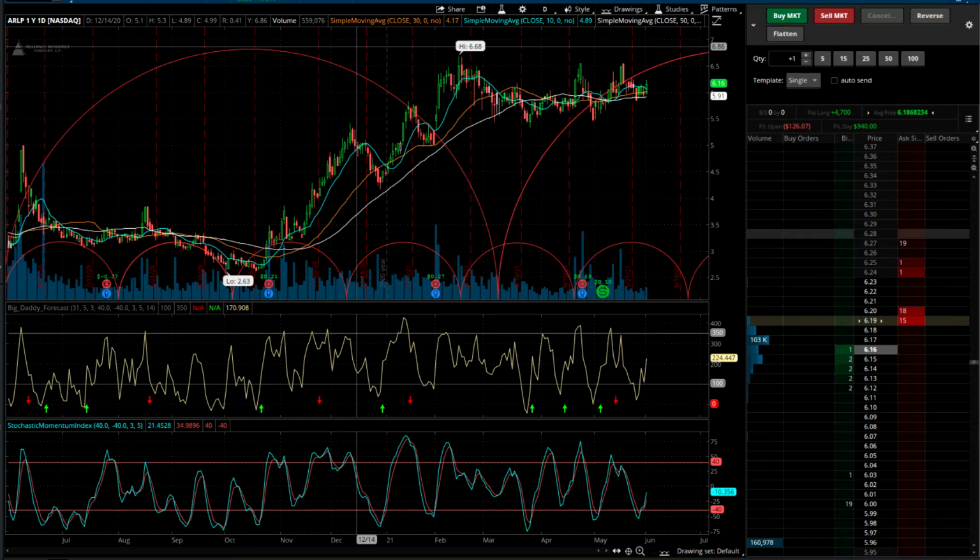So you'll notice if you look at the picture in front of you in the video, this is a daily chart, okay? And you can see way back in October, if you look at the months at the bottom of the screen, you'll see a low there in October of 2020. It was $2.63. And now it's trading at $6.16. If you look at the far right, upper part of the corner, you'll see I'm up $940 for today. I'm still down just a little bit on this position, $126, but